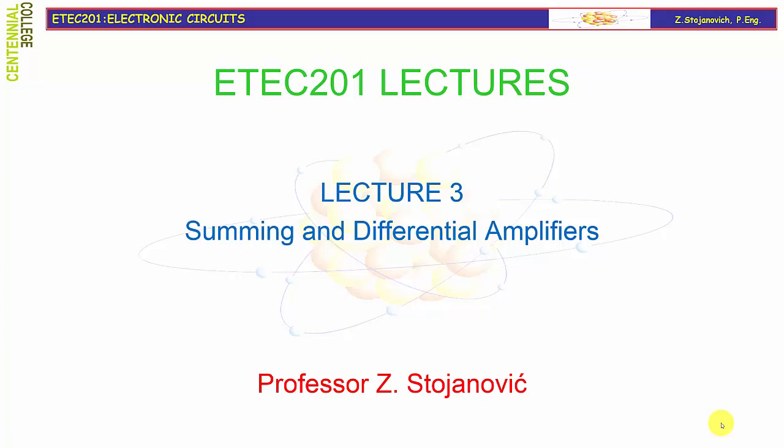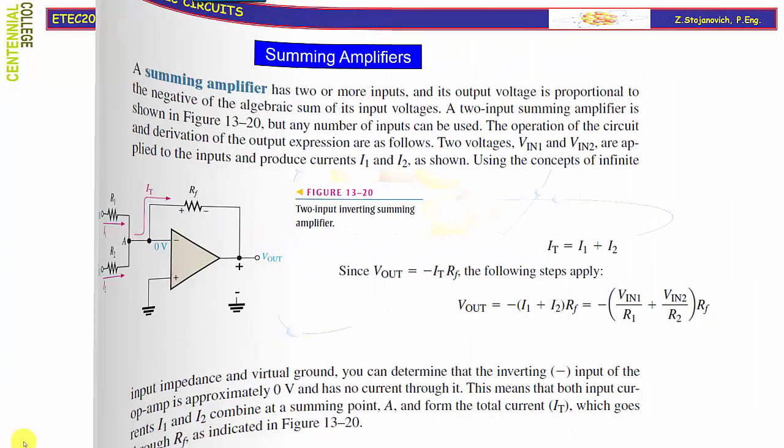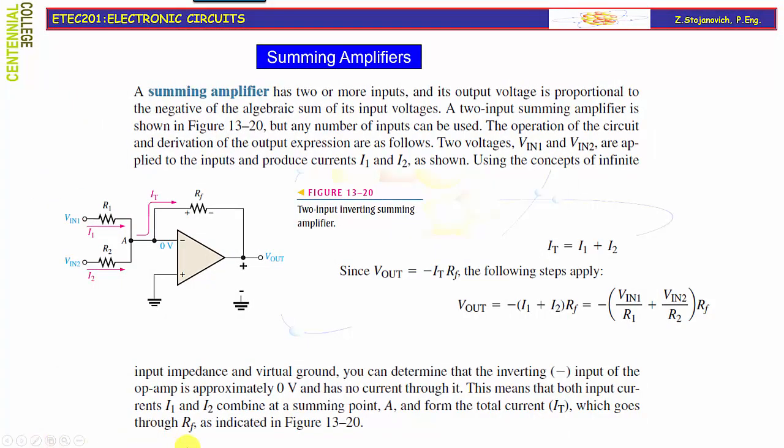Hello everyone, this is lecture 3 where we're going to talk about important op-amp applications. Two of those would be summing and differential amplifiers. A summing amplifier has two or more inputs and its output voltage is proportional to the negative of the algebraic